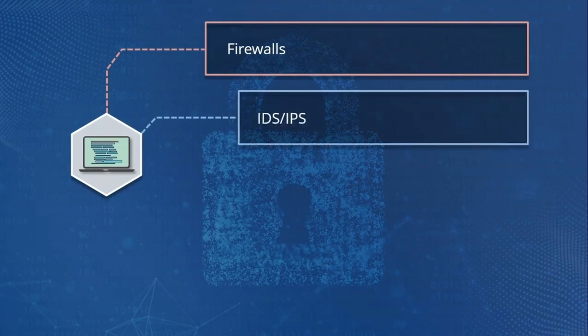Intrusion detection systems and intrusion prevention systems. An IDS detects activity that appears to be a possible intrusion, logs it, and notifies the administrator. The IPS takes the additional step of shutting down the suspicious activity. Now, it's not a question of which one is right, which one is wrong. It depends on your scenario, because there's always the possibility of false positives. In other words, an IPS might inadvertently shut down communication that it thought was malicious that was in fact legitimate.